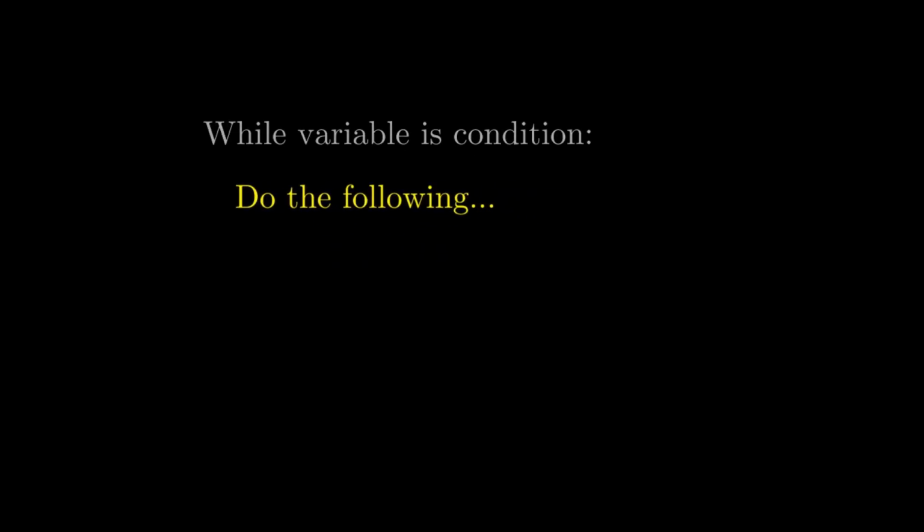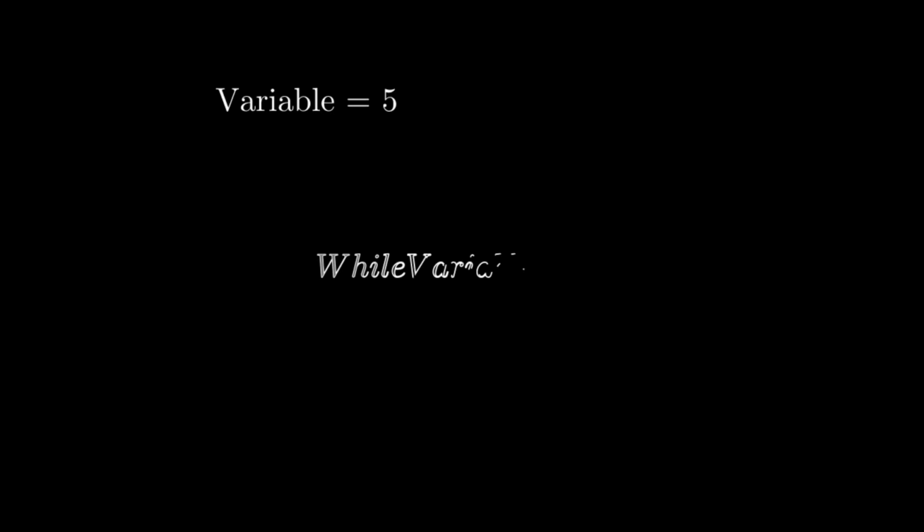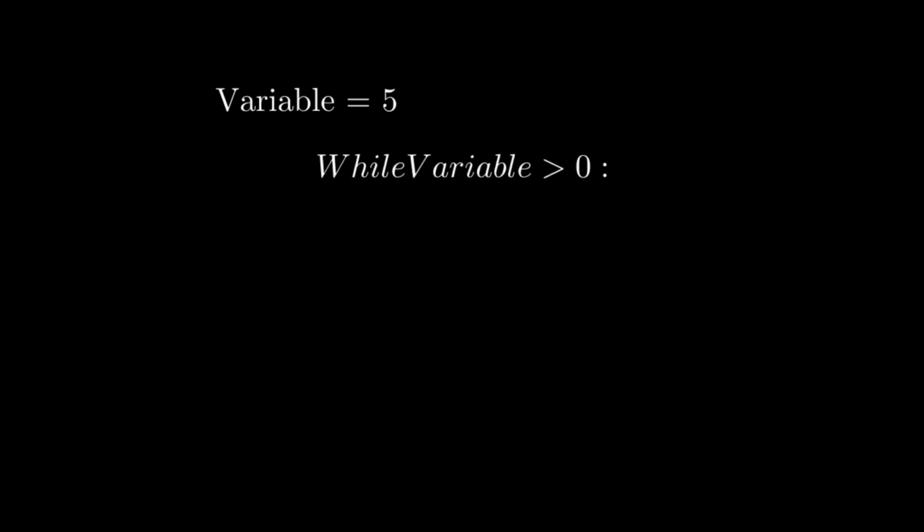Then do the following. This index can either be, for example, equal to a certain condition, it can be less than a certain condition, and it can also be greater than a certain condition. For example, we'll look at a while loop. We have a variable that's equal to 5. We have a while loop, which is while this variable is greater than 0, print the variable,